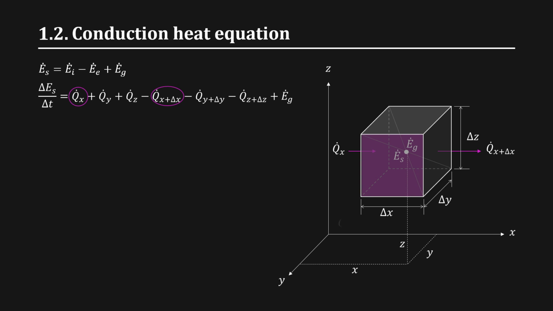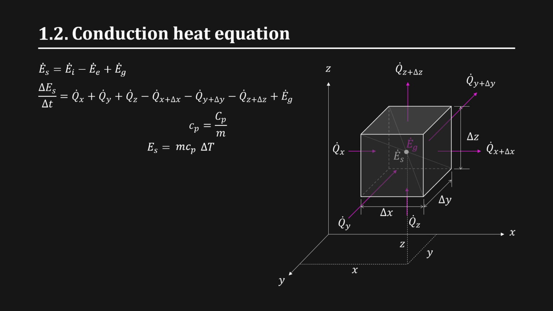Also, the heat transfer rate of y minus the heat transfer rate of y plus delta y. And finally, in the z direction, we have the heat transfer rate of z minus the heat transfer rate of z plus delta z, in addition to the energy source. And as we know in thermodynamics, the change of thermal energy within the system equals the isobaric heat capacity, Cp, times temperature differences. The isobaric heat capacity, Cp, can be written as mass times the specific isobaric heat capacity, which is usually denoted as small letter cp, which means that it is divided by mass.